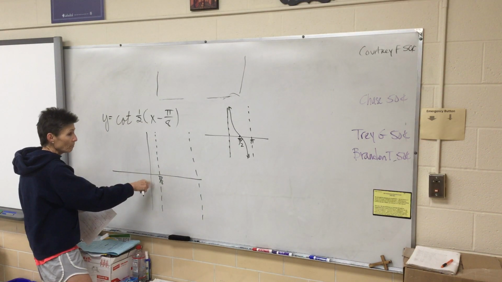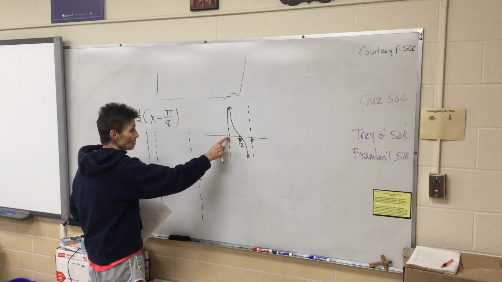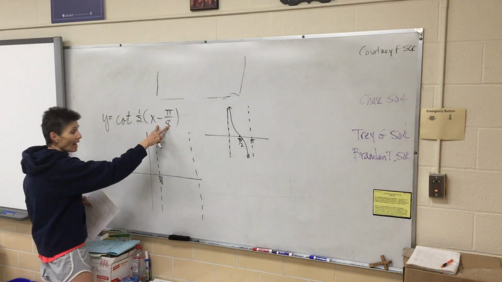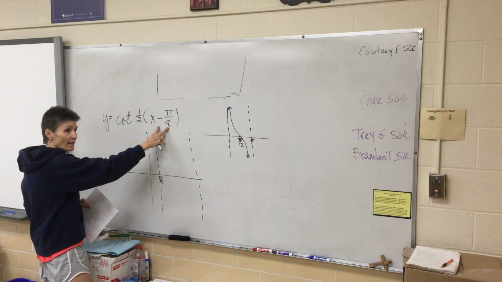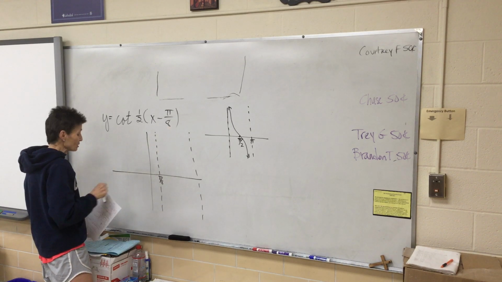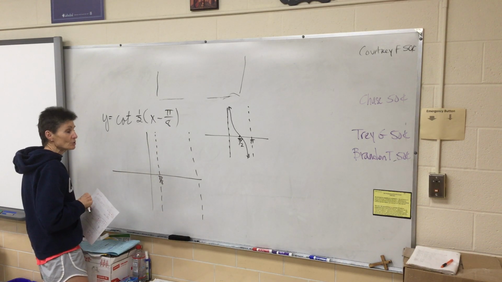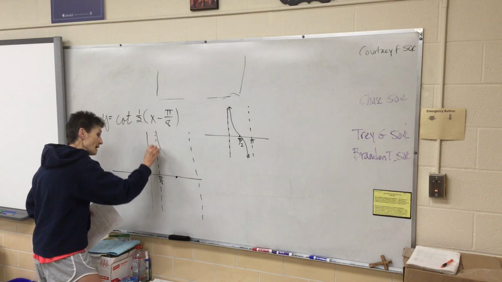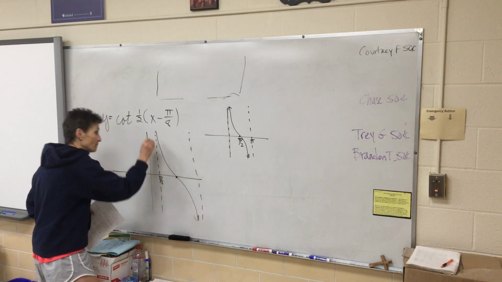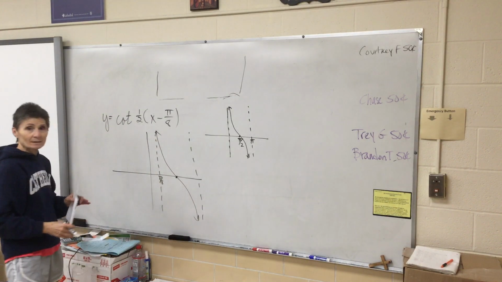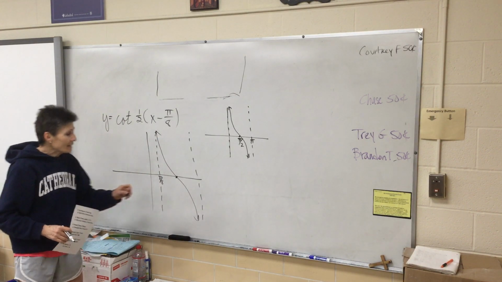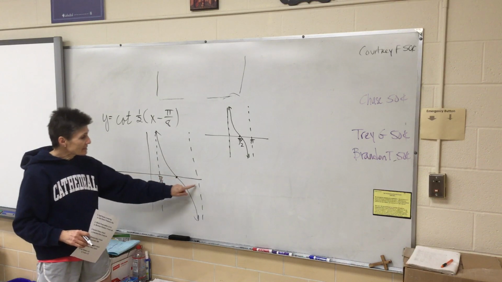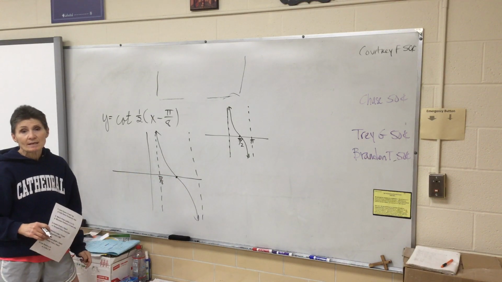So our starting point, whatever happened at the origin, is now happening at positive pi over 8, shifted pi over 8 units to the right. In between here, I have my 0 and my decreasing function. So the only thing left for me to do is figure out the labels on this asymptote and that 0,